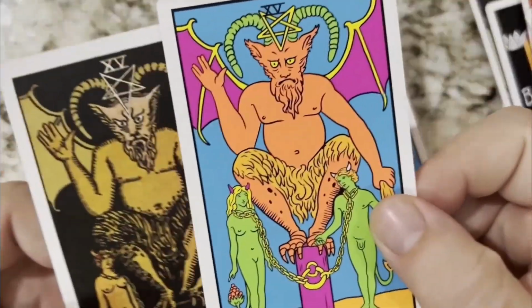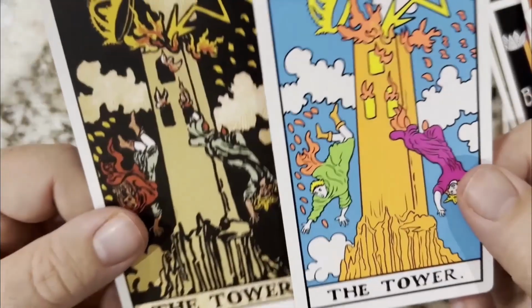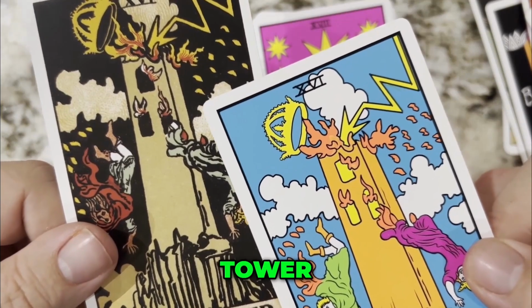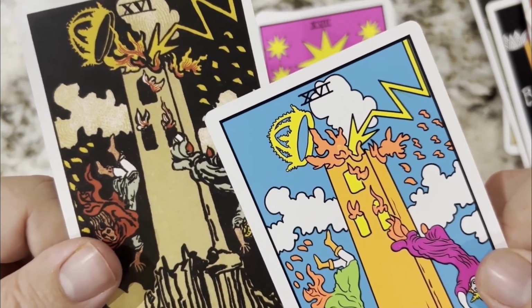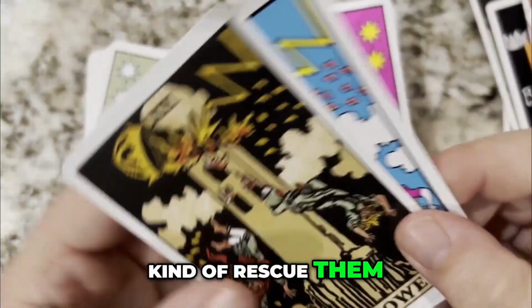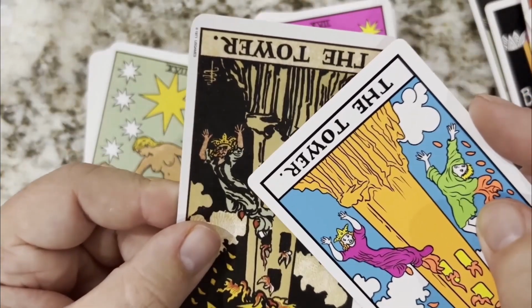There's a devil. The tower. So the tower features two figures falling from a burning building, a burning tower. I felt it was important to redraw the figures to kind of rescue them from the darkness of the background. So you see here,